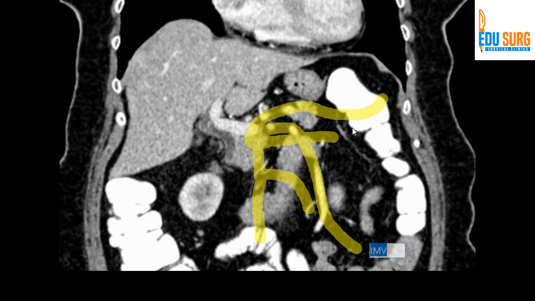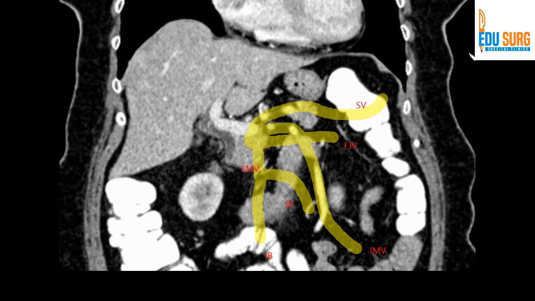Inferior mesenteric vein, first jejunal vein, jejunal branch and ileal branch, which form the superior mesenteric vein,